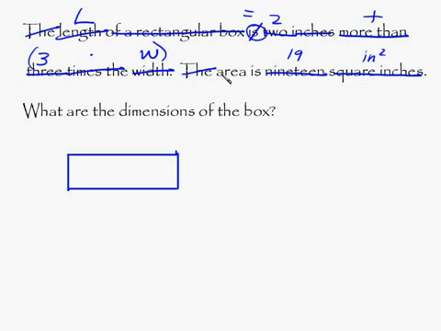Okay, cool. So the area is equal to 19. Let's see, we got rid of all the words. Nice. So the width, we don't know what that is. Ultimately, do we have any numbers that talk about the width? No, here it just says 3 times the width, so the width must be all alone. The area is equal to 19 square inches. And the length of the rectangular box, L, is equal to 2 inches more than 3W, so 2 more than this is basically